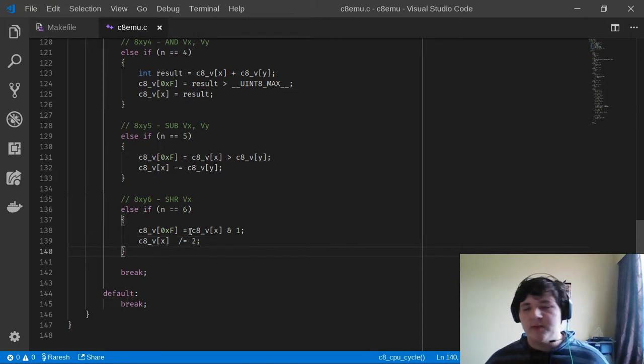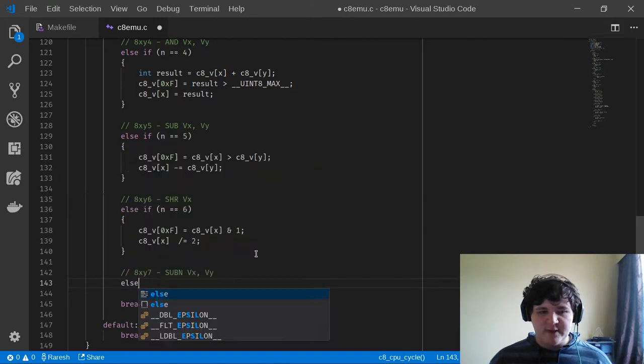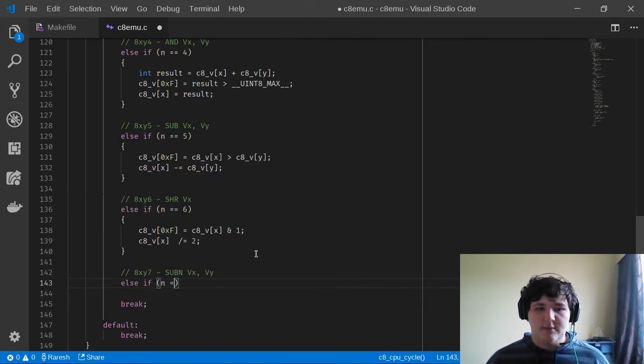Don't forget the comma at the end, semicolon. And then we're going to do 0xy7. So you go SUBN Vx, Vy, which basically is a reverse subtraction. So instead of subtracting one way, we subtract the other. And so we go